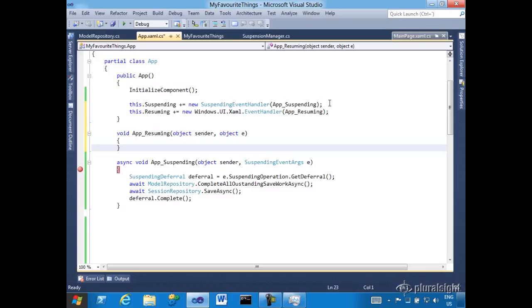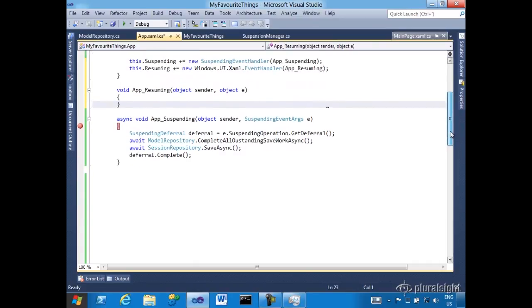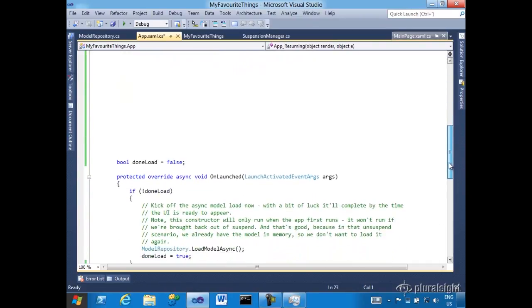So we've seen the events for transitioning back and forth between the suspended and running states, but what about when the application is terminated after suspension? Obviously, you don't get an event for that. Your application's suspended, so it can't run code, and Windows won't wake it before terminating it. That suspending event may be the last thing your code ever sees. However, the next time your app runs, it can find out whether it was terminated the last time it was running. The user might eventually return to your app after Windows decided to terminate it, and when that happens,